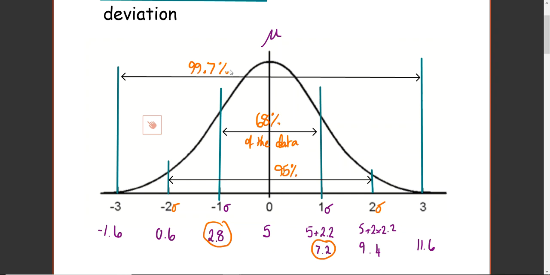Now, what does it mean if it's not? What if you only have 20% of your data within 1 standard deviation of the mean? Yep. The mean is not effective? Potentially, yeah. Could mean that. Also, what does it mean about the distribution? It's not normal. It's not a normal distribution. If I've only got 20% of my data within 1 standard deviation, as Sienna said, it means it's too spread out. The mean is not particularly useful, and it's not a normal distribution.